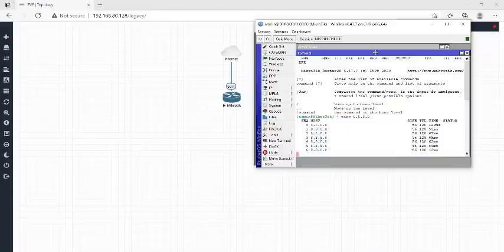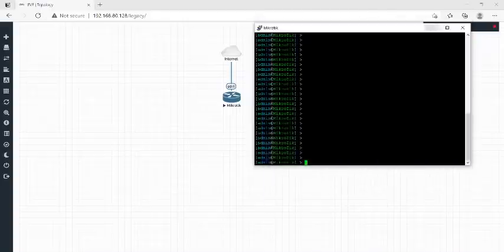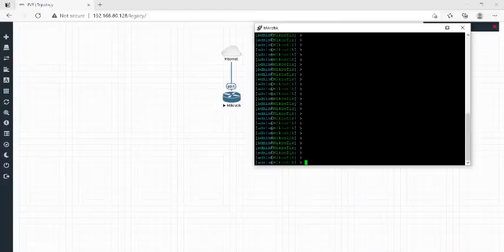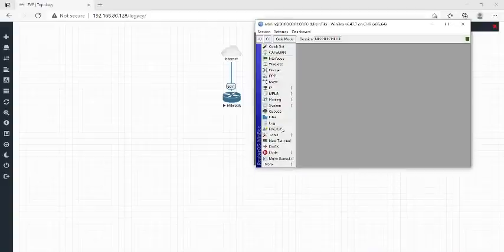Okay, so just stop it, and let me show you the same thing via CLI. So first of all, I will delete this interface from here. Okay, and come here, and here you have to type /ip and enter. Now you are in the option of IP.